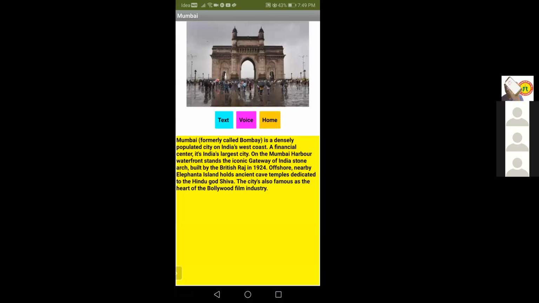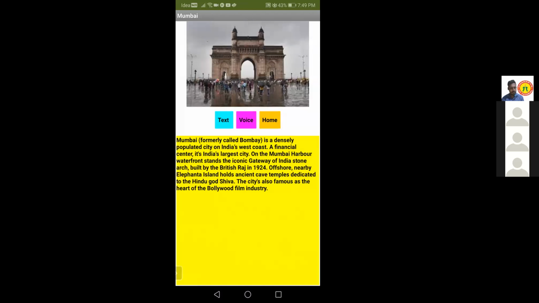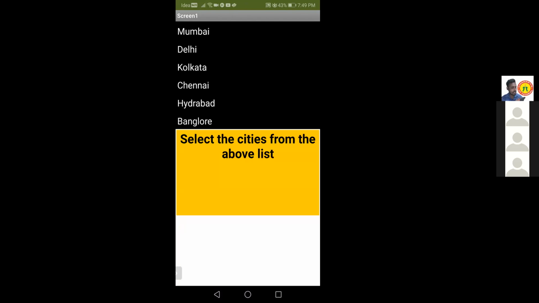So it switched to the Mumbai screen. I have not completed this program. Can you see? When I click Mumbai, it switches, and when I click Delhi, it is switching to Delhi. I have not created the Delhi screen, but like this it will work.